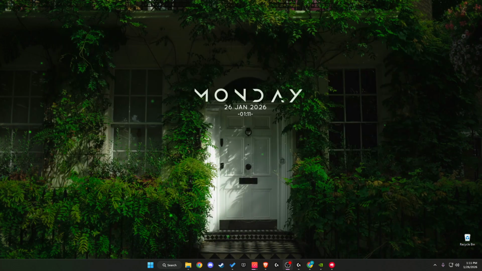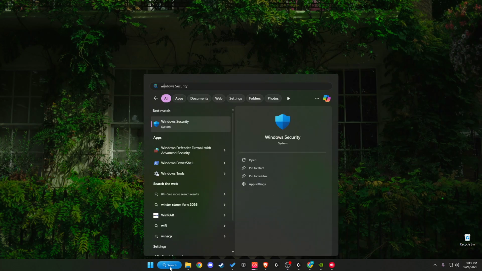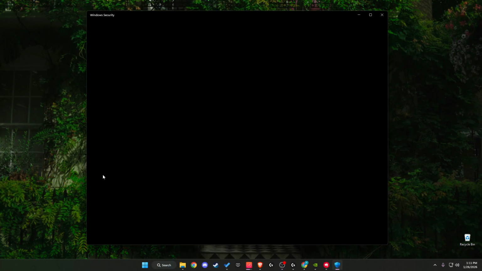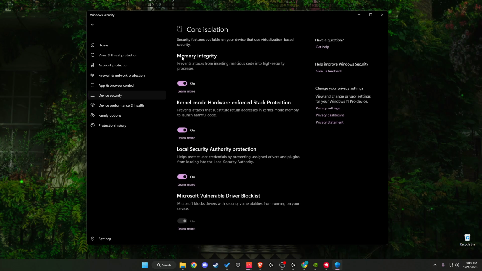work for you. And if Valorant still does not work, probably you turned off core isolation. So you just need to go to Windows Security, and here you need to go to Device Security, then select core isolation details, and then make sure memory integrity is on. Probably if it's not launching, it's off, so you just need to turn it on, restart your computer, launch Riot